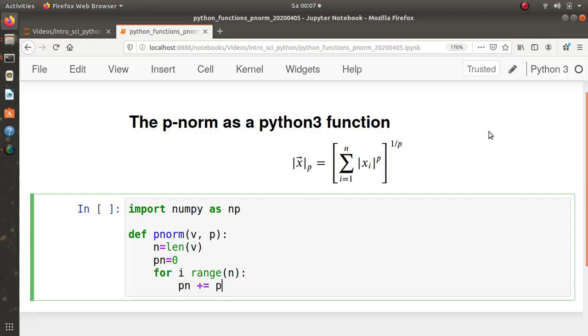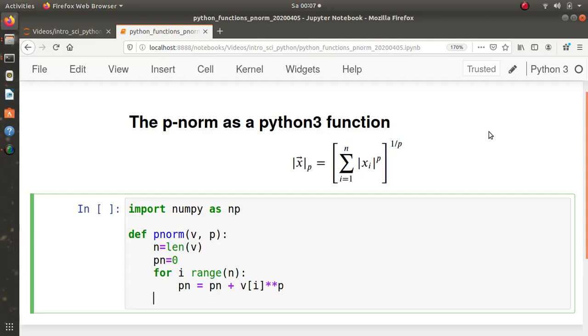No, I don't need that. If I have plus equals, then I don't need that. Actually, let's write it out. Maybe it helps to understand the code a bit better. Then we go over the elements of the vector to the power p,